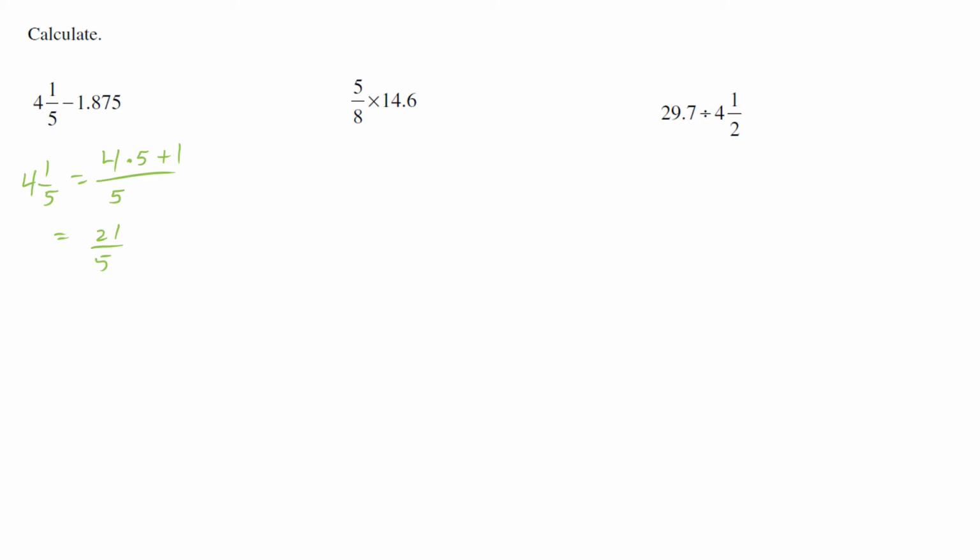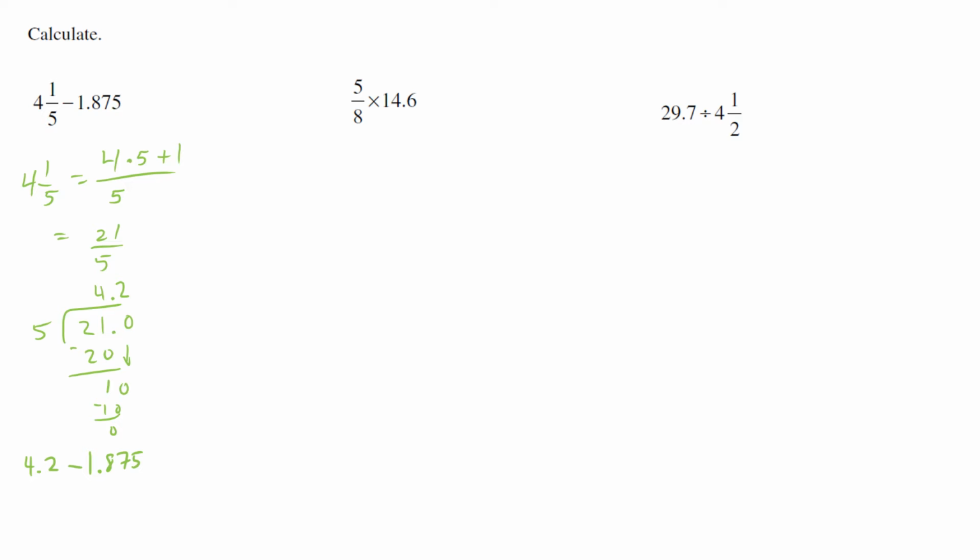And so then to subtract a decimal from that, I want to convert this to a decimal. So I'm going to take 21, divide that by 5. 5 will go into 21 4 times, multiply back, gives me a 1. 5 will not go into 1, so I need to put my decimal in, placeholder 0, bring that down, make sure I line up my 0. 5 will go into 10 2 times, multiply back, and I've got 0. So now my problem is 4.2 minus